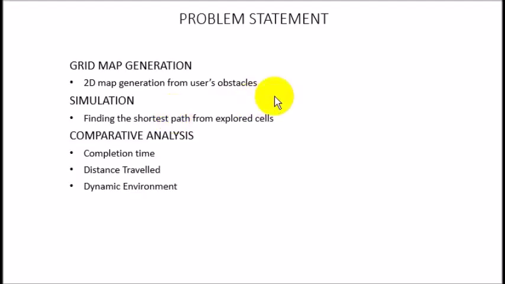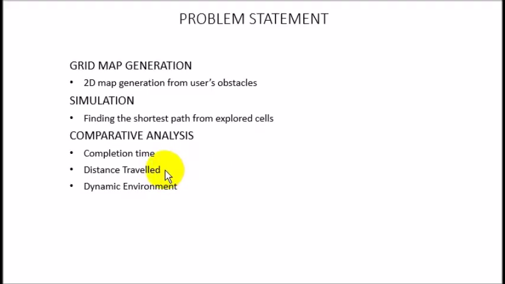In this, we are doing a simulation which allows us to visualize the explored regions by all the algorithms and see what the final path is. Final lengths of the path are calculated for validating the optimality. We are analyzing on the basis of complexity, time complexity, distance traveled on the basis of number of cells and